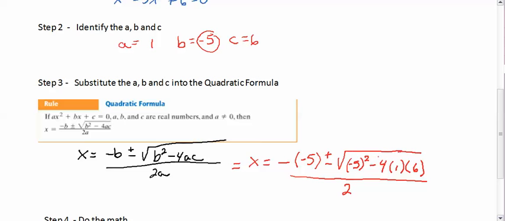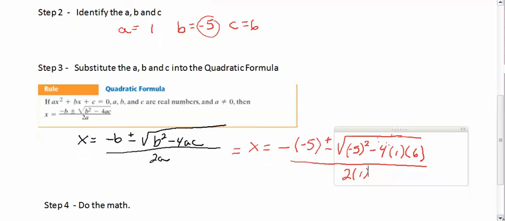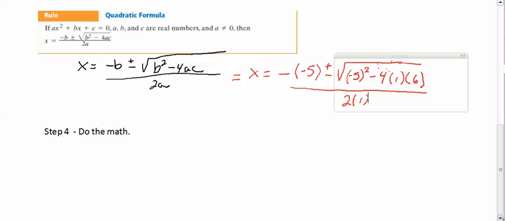What did I do with my pen? Oh. Okay, so now, once we plugged it in or substituted the information, we are now just going to do the math. So now we have this, and I'm just going to carry it down to the next level. Okay, so we have